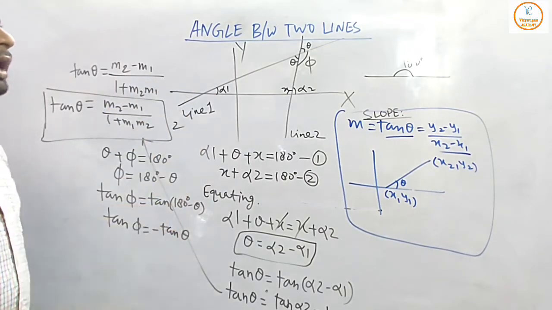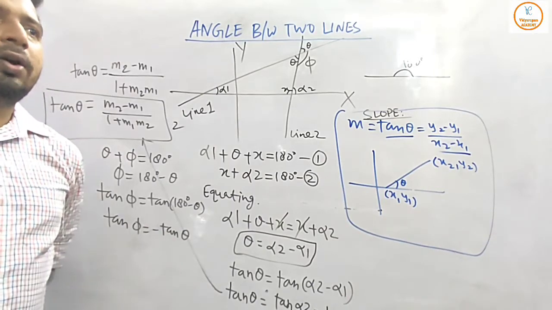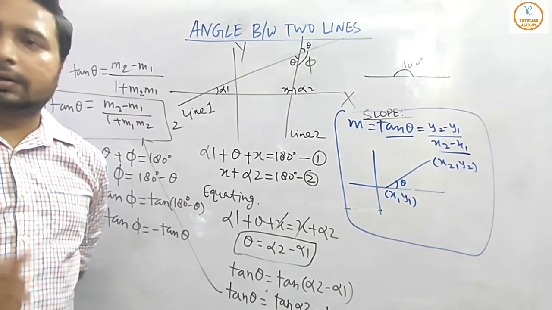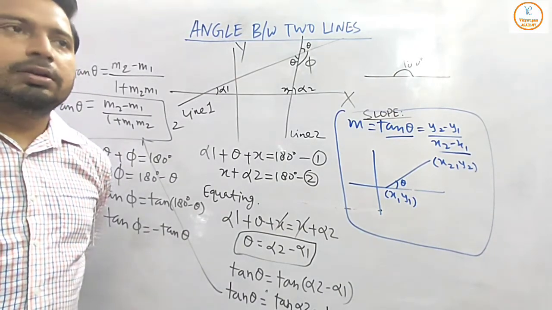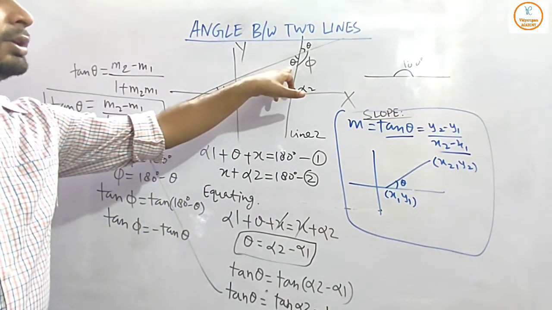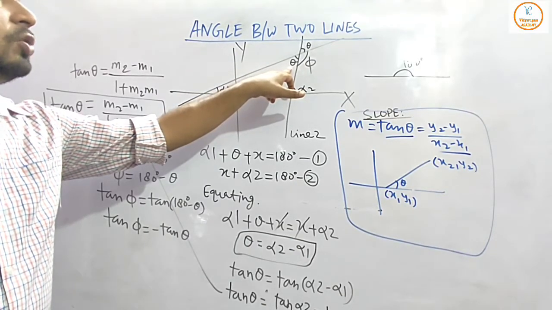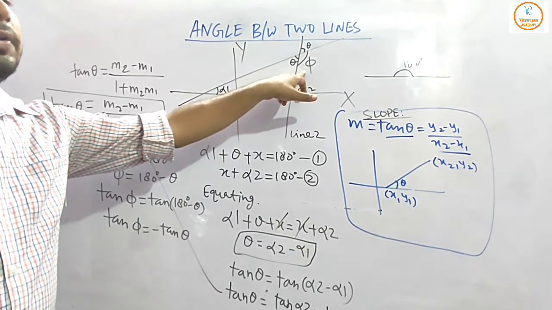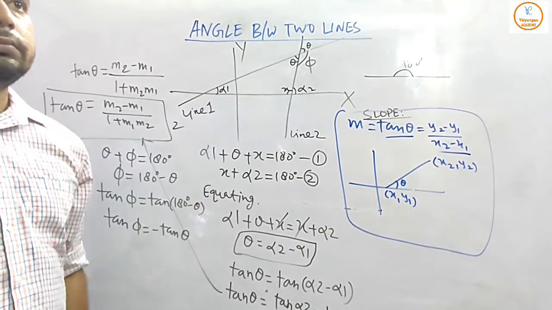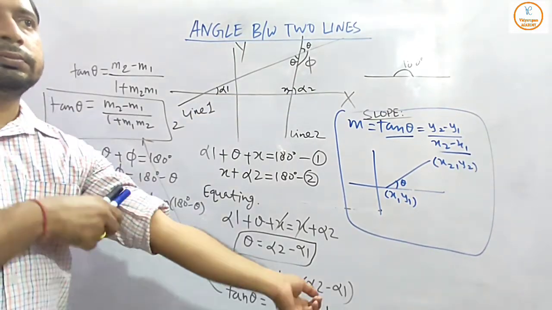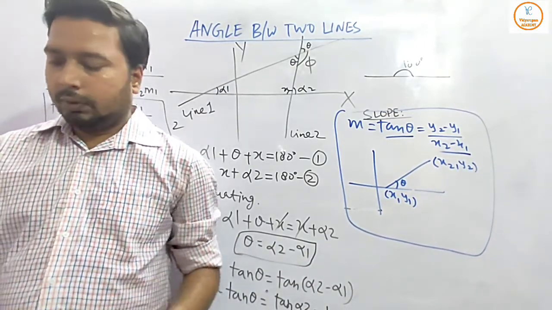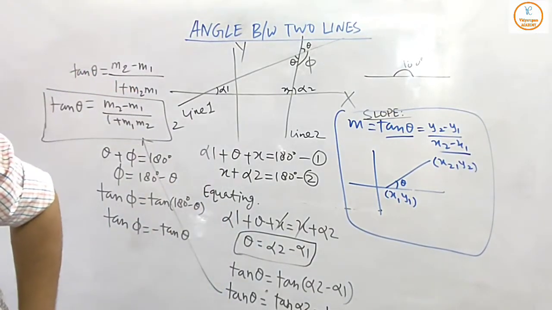So we have completed the angle between two lines. Is there any doubt in this? Remember one thing here, that tan phi is the negative of tan theta, right? So whatever the value comes for this angle, suppose 5 comes for this line's slope, then minus 5 will come for this line's slope, for theta and phi. Okay, so we will continue.